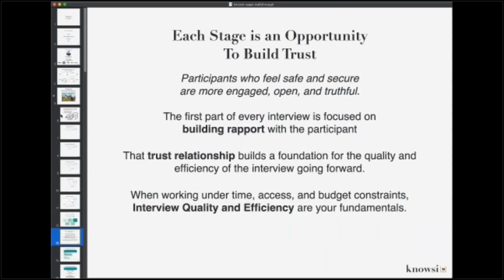Everything is focused around building rapport in some way, but ultimately, building a good trust relationship from the very start of the recruiting process is building a strong foundation for getting high quality research. Ultimately what we want is high quality data and an efficient time with the participant, and for the participant to feel safe, secure, with their privacy respected.